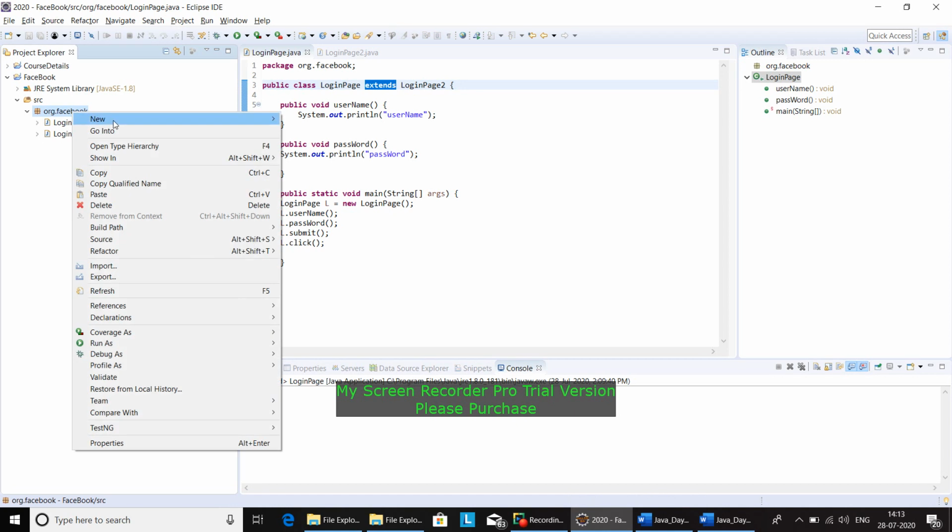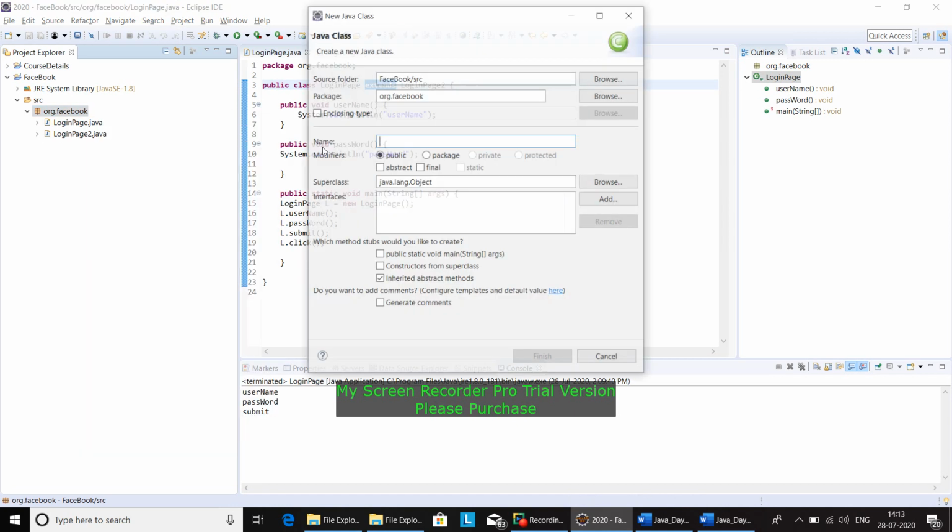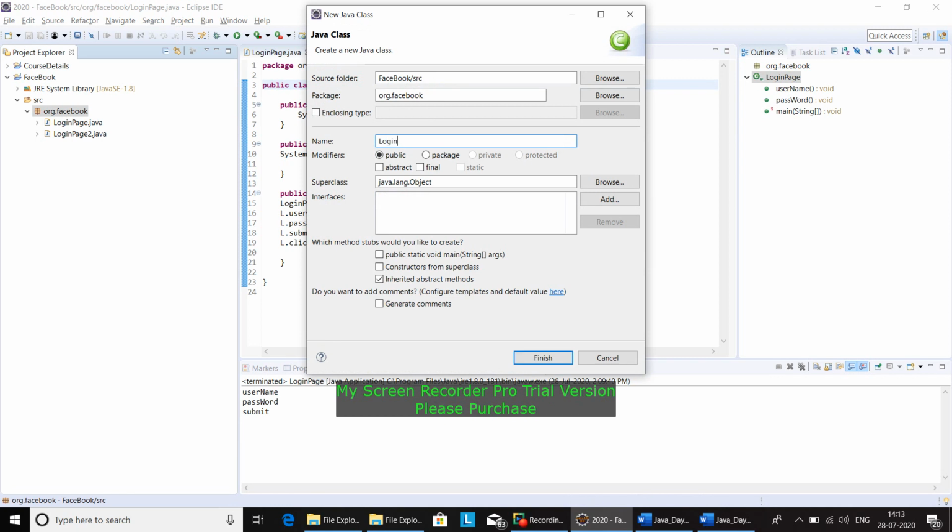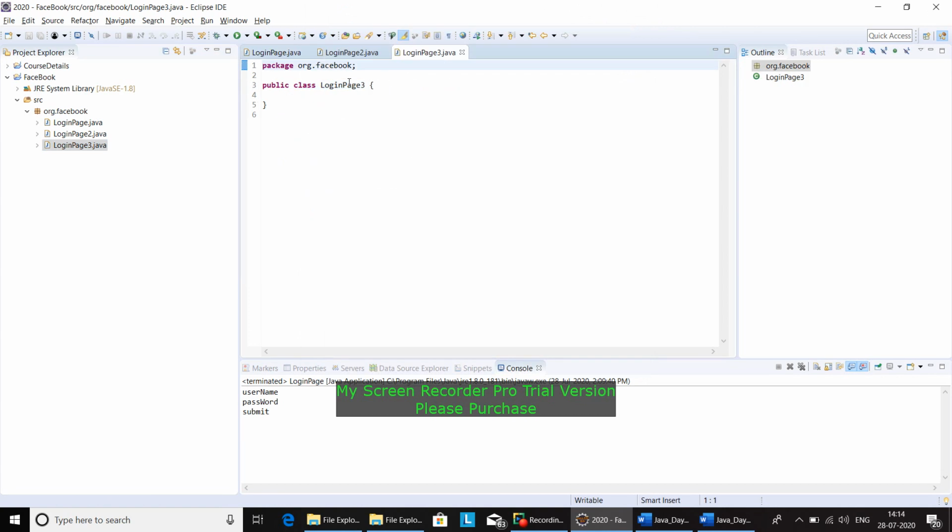So I will create one more class in the same package and name it LoginPage3, so that it will be easy to understand. What method will we give here? We already gave username, password, submit and click. Then let's say enter username, maybe enterUser.